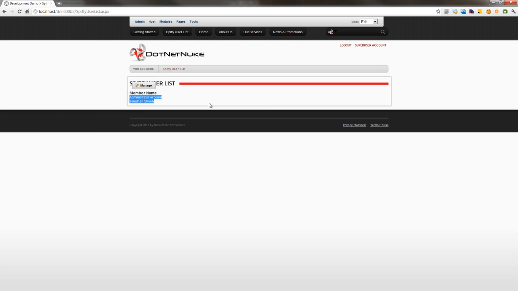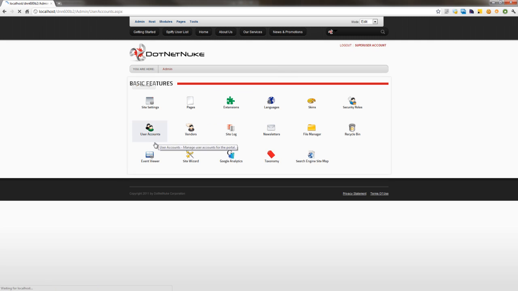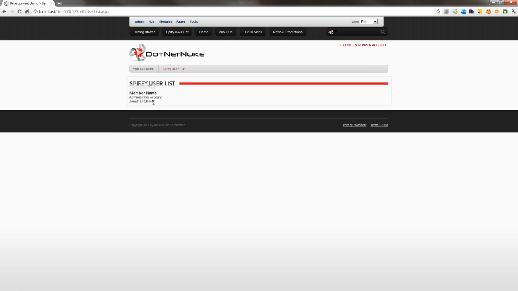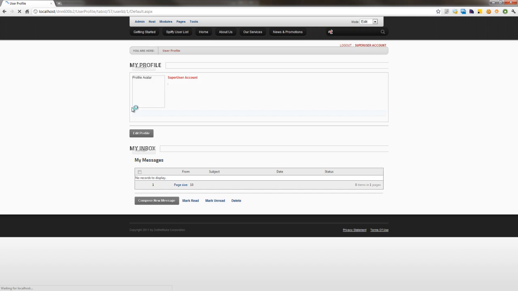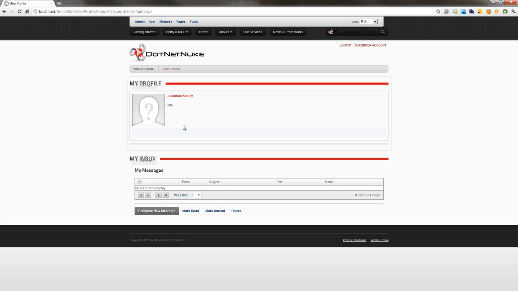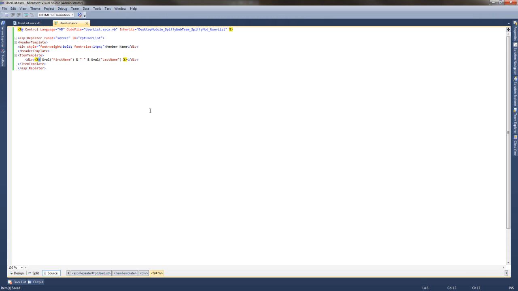So there's 2 users in this, and we can see that by going into our admin and user accounts, and you'll see the 2 users. That's it. The next thing we want to do is map these users to the user profile, which you'll see here for every user. And it's as simple as just changing out this user ID, and we'll get to the other user. So if we want to code that up, go back into our Visual Studio